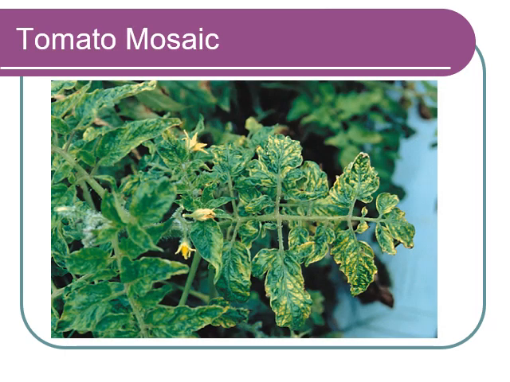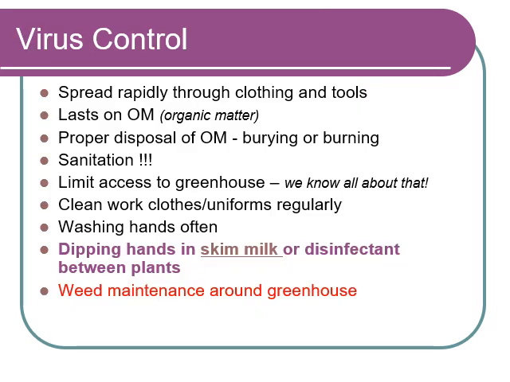There's one picture, tomato mosaic virus, which looks like, you could say, oh, it's a boron and iron or zinc deficiency or something like that, but it's viral. So, yeah, other means of controlling viruses, common sense, like we discussed with other diseases, clothing and tools need to be